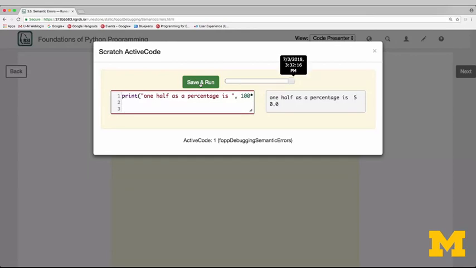So 1/2 as a percentage is 50%. I apologize for the line break there, but you can figure out what it means, 50%. So when I left off the 100 and I just said 1/2, that was a semantic error. It was a programmer's error that produced the wrong thing, but the program was able to run all the way to completion. It just didn't do what I wanted it to do. So those are our 3 types of errors: